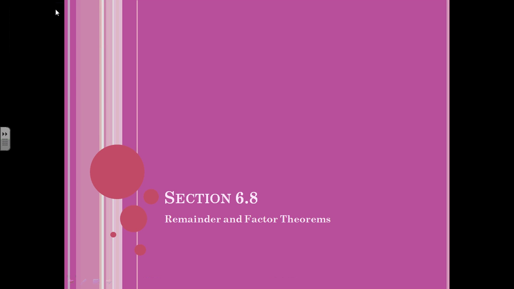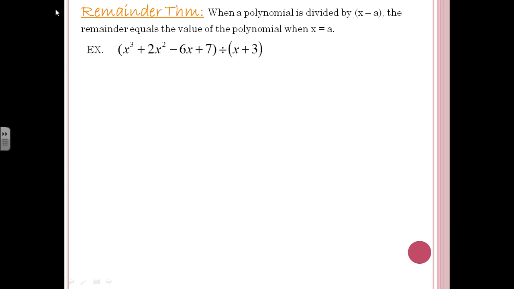Okay, so section 6.8 is about the remainder and factor theorems. Let's start this off with the remainder theorem, which says that if you want to take a polynomial and divide it by a binomial in the form of x minus a, and you just want to figure out what the remainder would be, you can quickly just plug in a into the polynomial and evaluate it, and that will